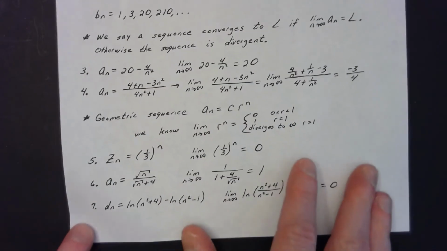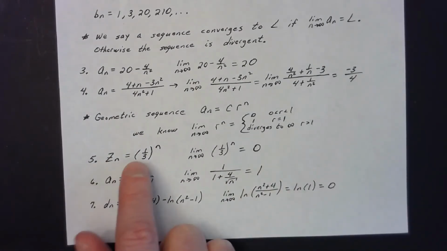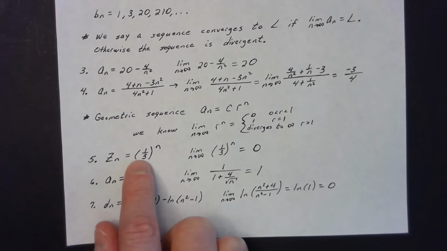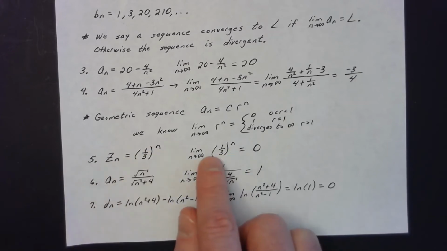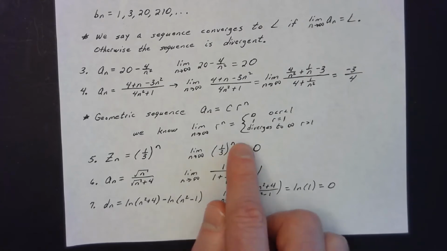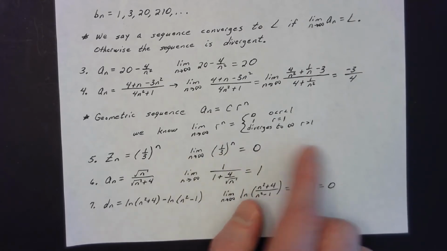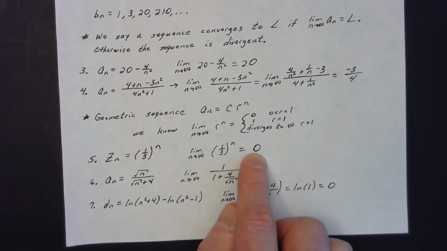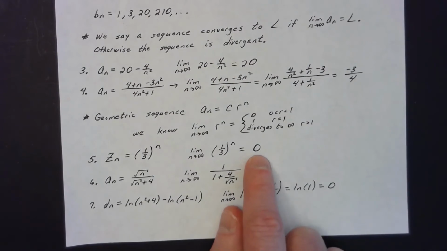Now, seeing an example of that here, we have the sequence z sub n is equal to the geometric sequence whose base is 1/3. You can say, well, okay, 1/3 to the n. When you think about what happens to that as n approaches infinity, that fraction raised to the infinite power goes off to 0. So therefore, in this case, anytime the answer is some number L, you would say it converges. So we would say, since the limiting value is 0, this one converges.